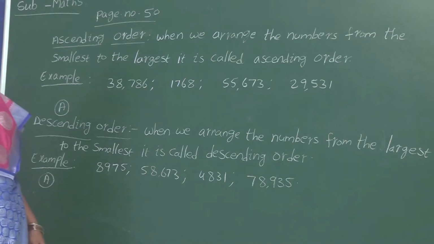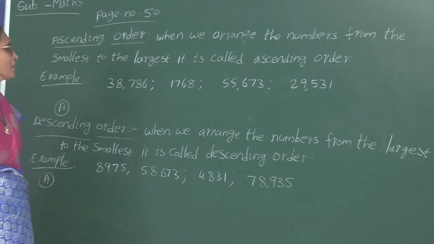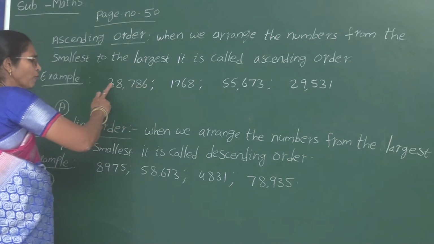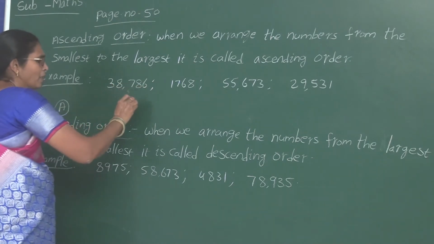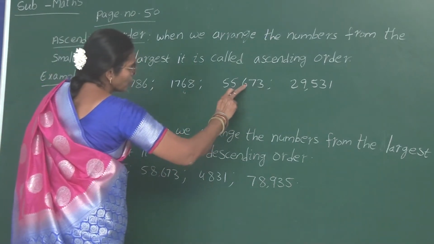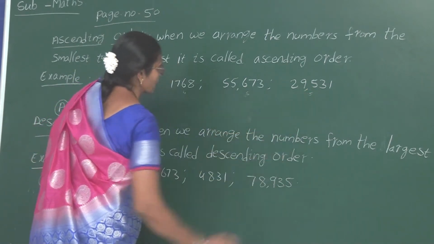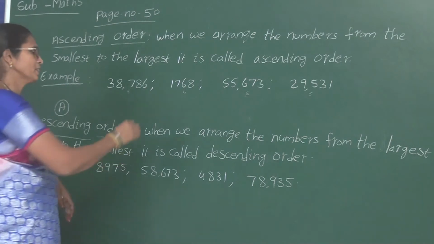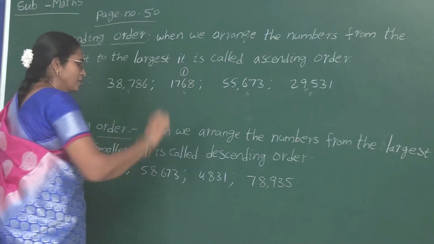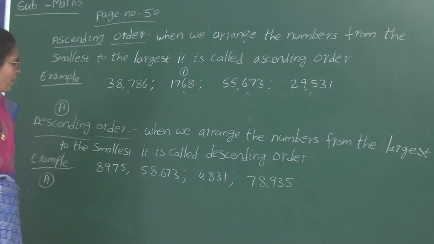First of all, same thing, comparison. Here we have to count the digits. In this first one, 1, 2, 3, 4, 5 digits. It is a 5 digit number. Here it is a number, and it is 1, 2, 3, 4, 5 digits. Same thing, 5 digits. Okay. So in this, the 4 digit number is the smallest one. That's why the place of this number is first place. This number you want to write in the first place. Keep a note on this number 1, first place.